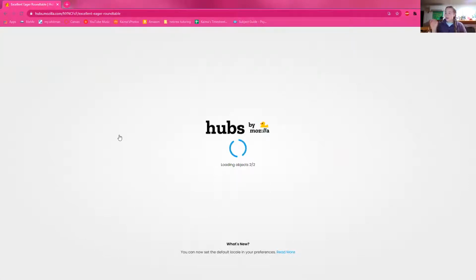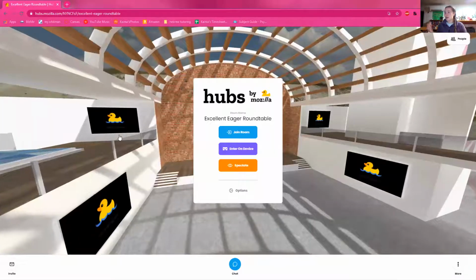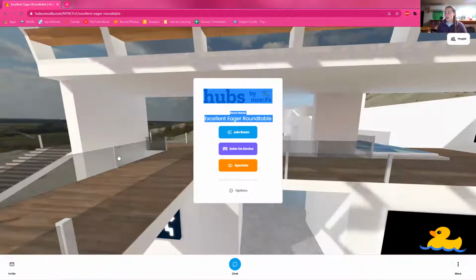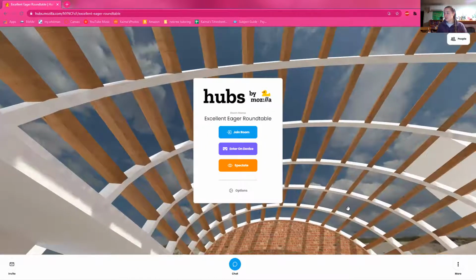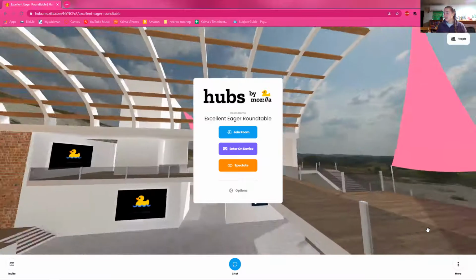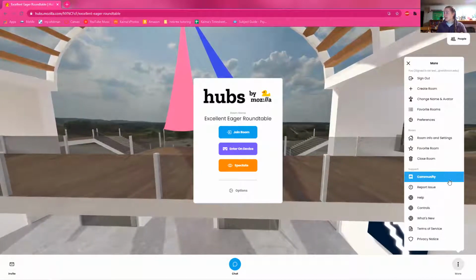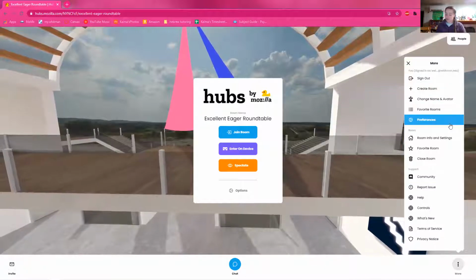When you create a room, it will automatically send you to their kind of default room. Let's see if my computer wants to get there. Yes, so it's this default room, and it's fun, but it's not the most interesting. Oh my. My computer's loving this. So I would like you to go here, and